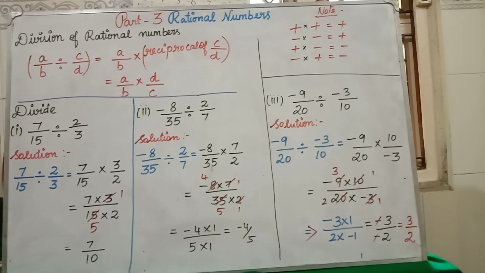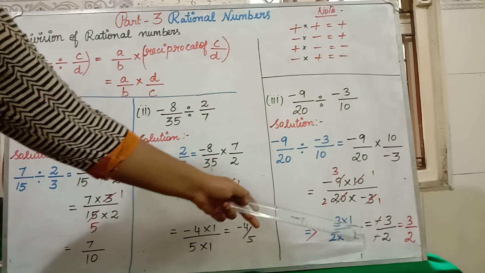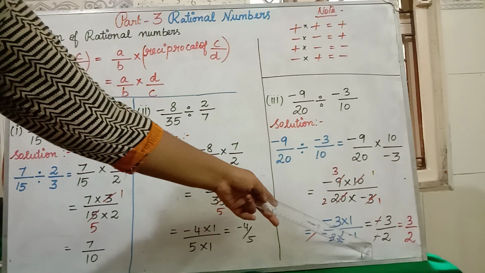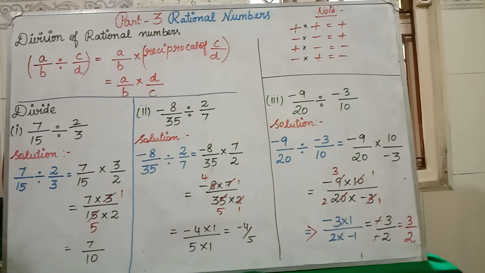After cancelling, what is left is minus 3 into 1 divided by 2 into minus 1. 3 into 1 is what? Minus 3. 2 into 1 is what? 2. So, if you see here, minus minus is there. If you have both numerator minus and denominator also minus in a rational number, you can strike out that minus part. So, if you have numerator and denominator minus, you can cancel. So, I have cancelled this minus minus. So, our answer is what? 3 by 2. So students, I hope you all understood that division of rational numbers, isn't it?